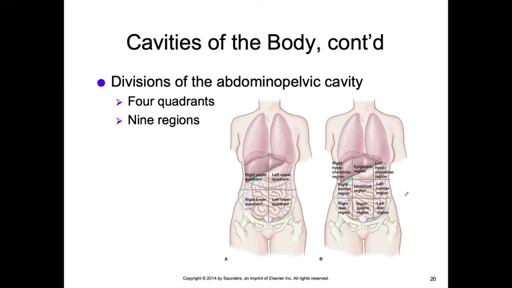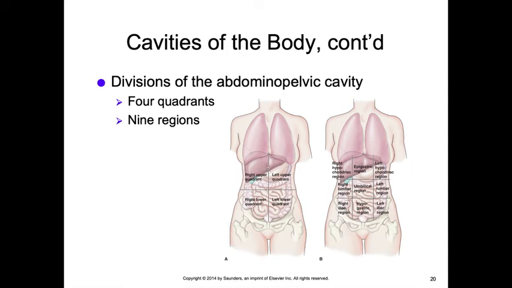We do this because our knowledge of anatomy allows us to know what organs are found in either these quadrants or these regions. And so if a patient comes in and complains about a pain or about trauma or an infection in a particular quadrant or region, we can make a guess as to what internal organs might be involved. Okay. Now, one of the things that we should note are what organs are in these different quadrants and regions,